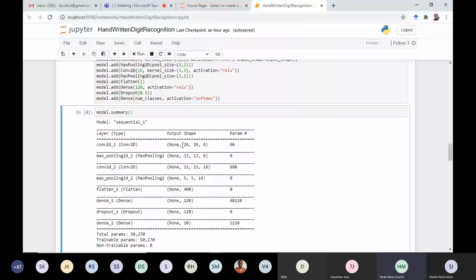But here there is one question from the participant side. Yeah, please. Whether executing this in Jupyter Lab or in Google Colab will make any difference? Yeah, if you want to execute this file in Google Colab, you need to upload this file to your Google Drive.